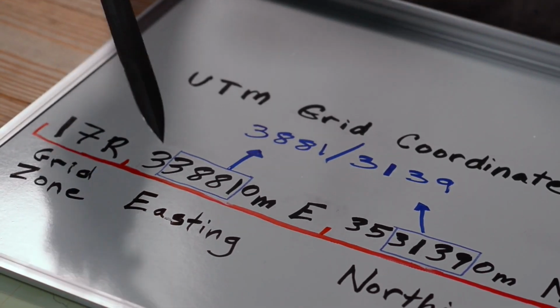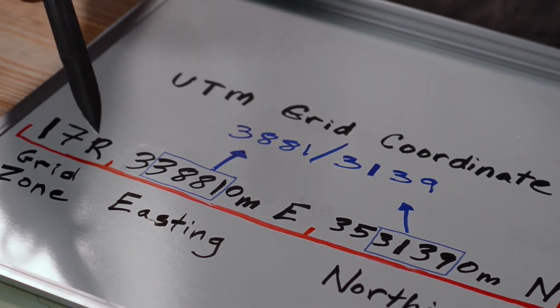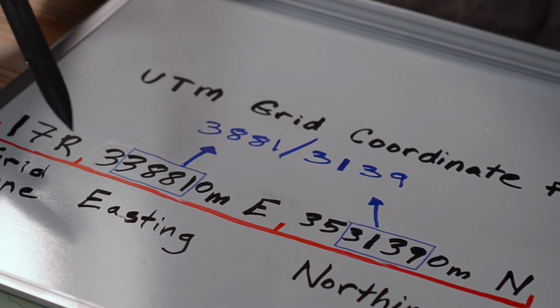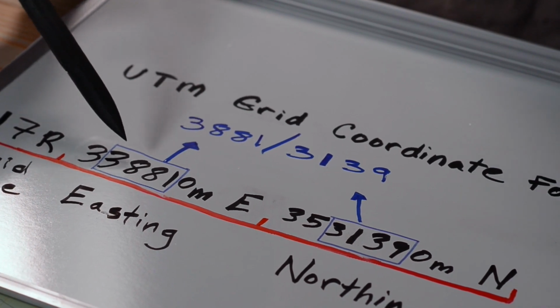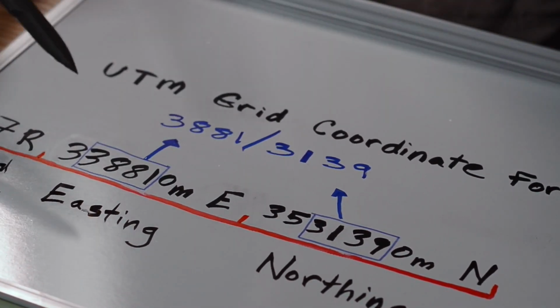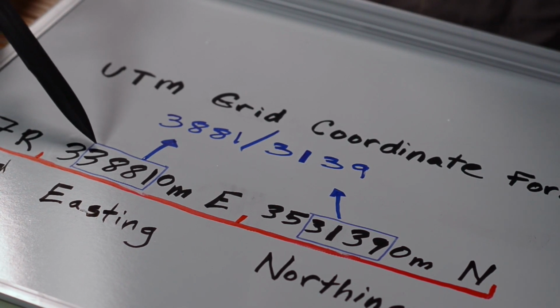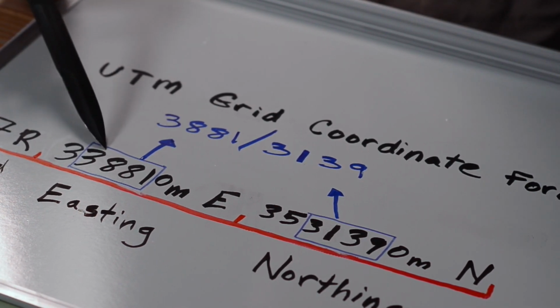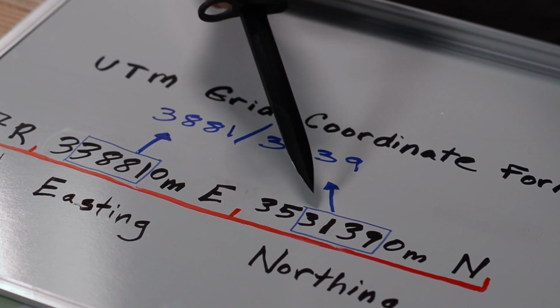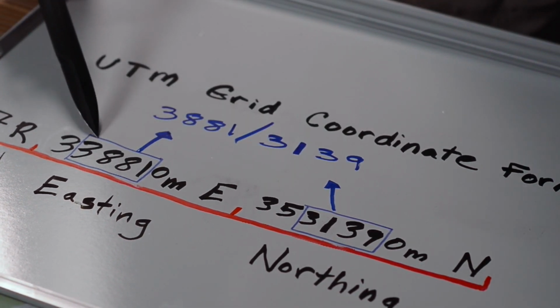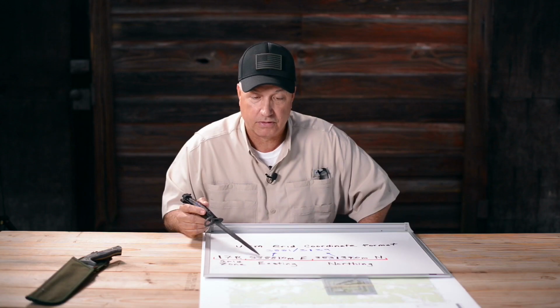From now on, because we're at a localized map, we don't need the big number anymore. We know where we're at on the earth. We only need 8 digits to get to where we need to go. Here's how we're going to come up with those. First of all, you have to break it into the first 2 digits of each number. For the easting, we're going to take the first 2 numbers as part of the 3 numbers that are down